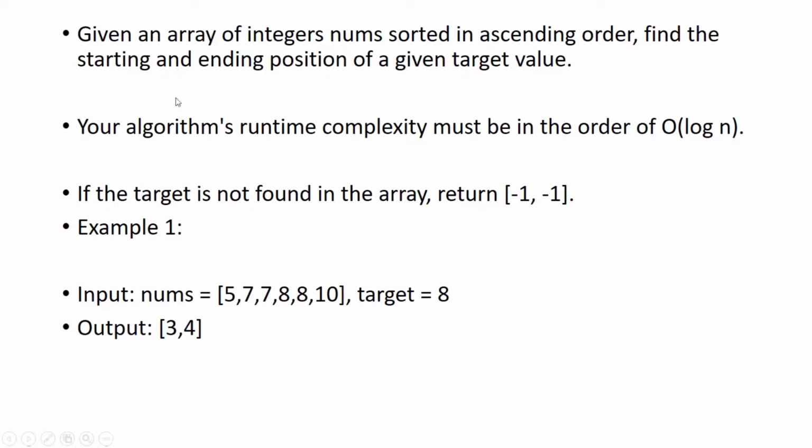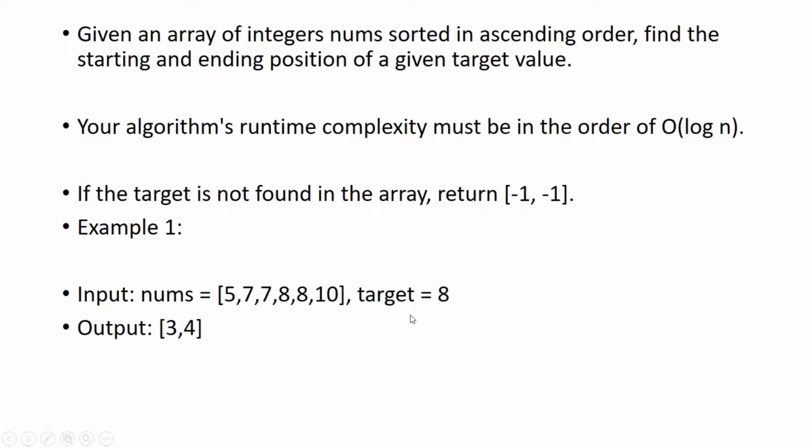We need to find the starting and ending position of a given target value, and we are constrained to have our time complexity be in the order of log n. And if the target is not found, you should return -1. For example, let's say we're given this array 5 7 7 8 8 10 10, and the target is